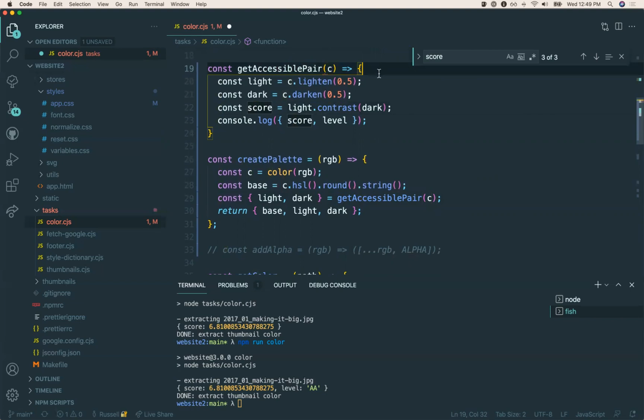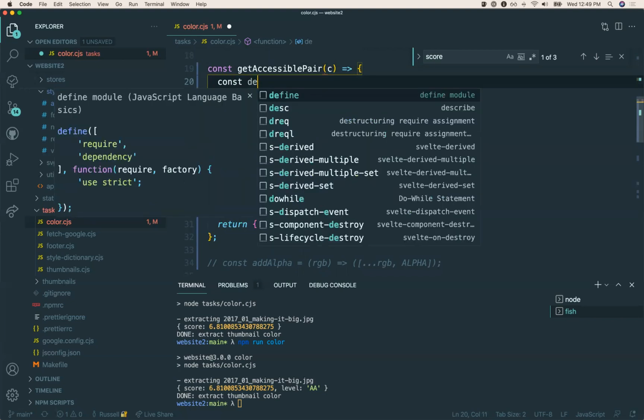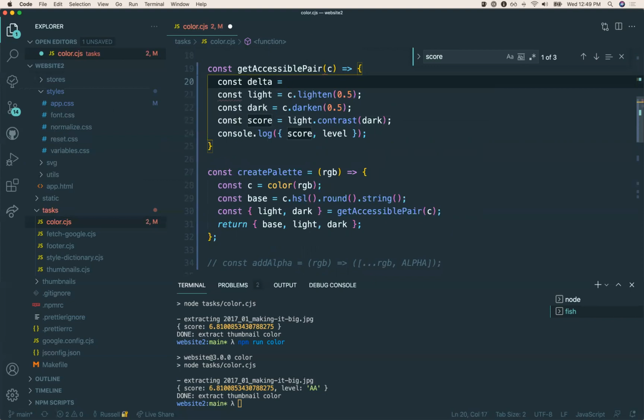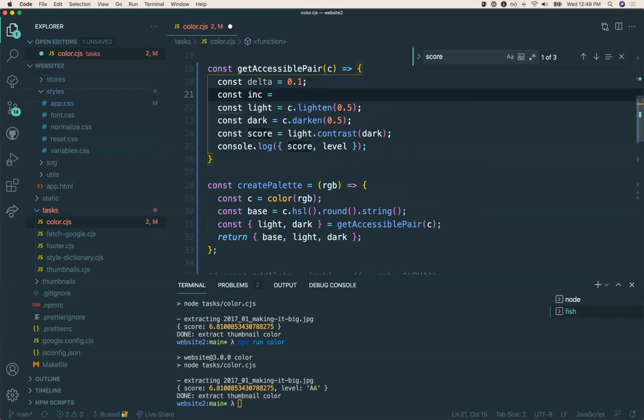We can do it more simply. Let's say const delta equals, we'll start with just 0.1. And basically we'll just go up by some increment, const inc, 0.05 increments